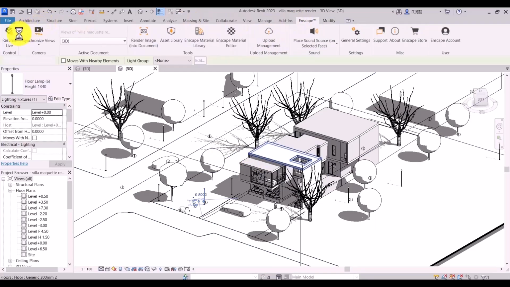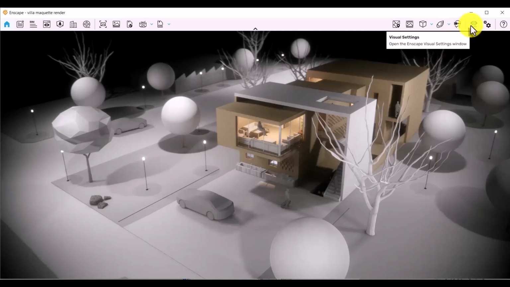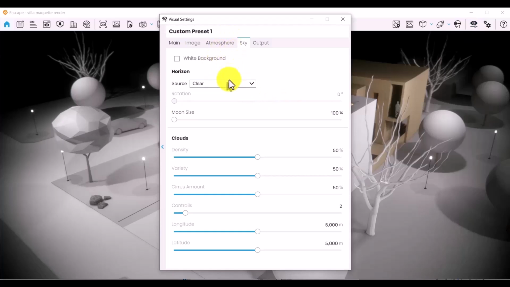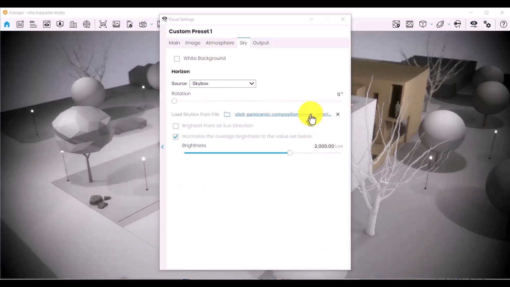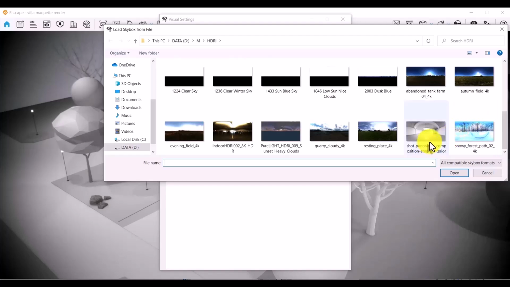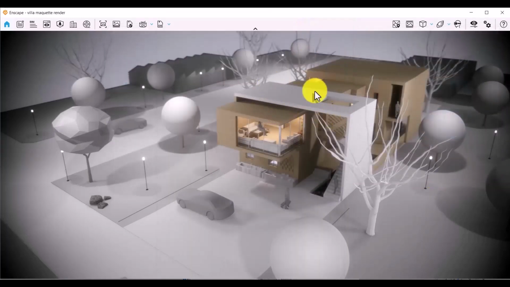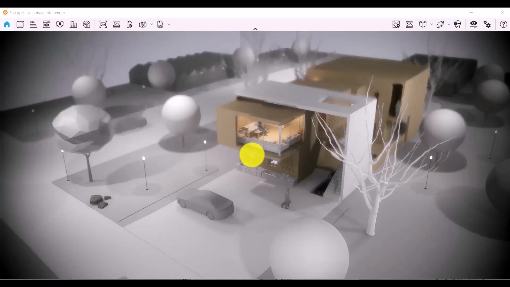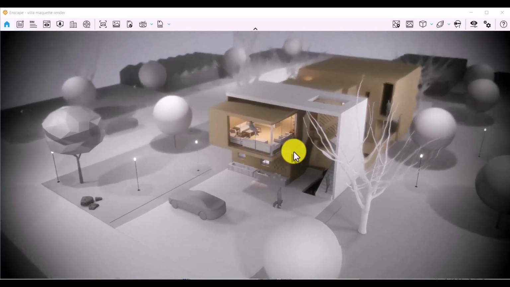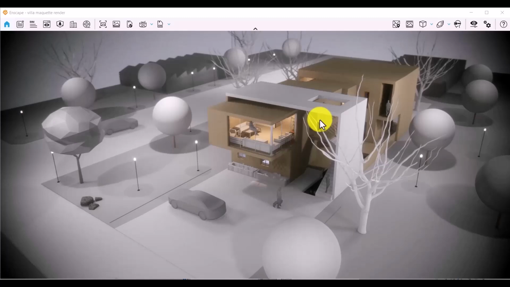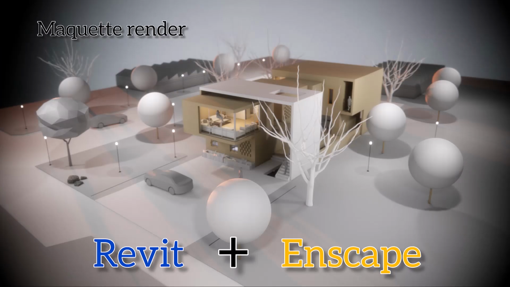Now the last step is to run Enscape, and as you can see, even this mode is beautiful, but the last and the most important point is that you have to go into the Enscape visual setting, and in the sky section and in the source section we have to select the sky box and give it an HDRI related to the interior environment that I downloaded, and I want to load one of them into this section that I assigned this photo, and you can see that the desired output came out,